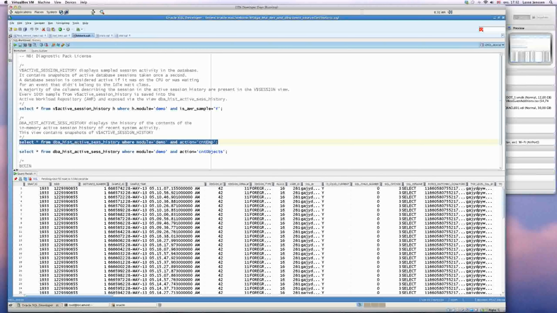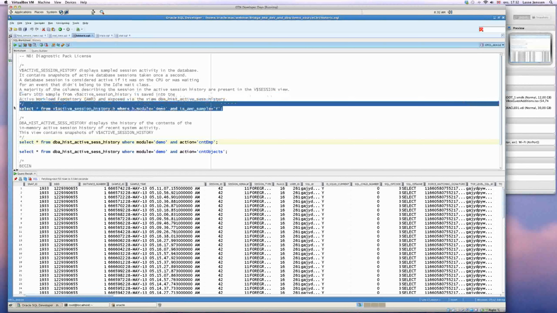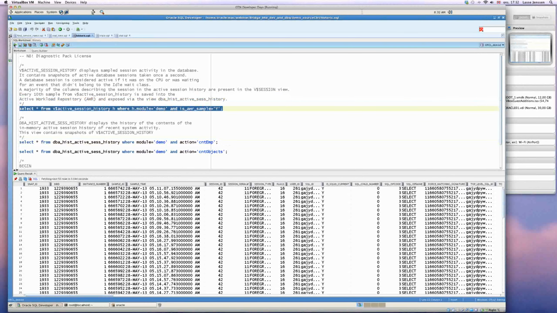So you have a copy of every 10th. Every 10 seconds, it stores a copy in the DBA active session history. So I could look at the ones that are caught in the